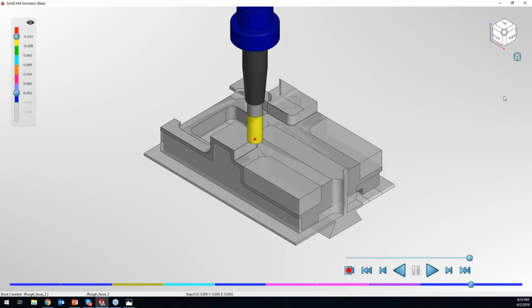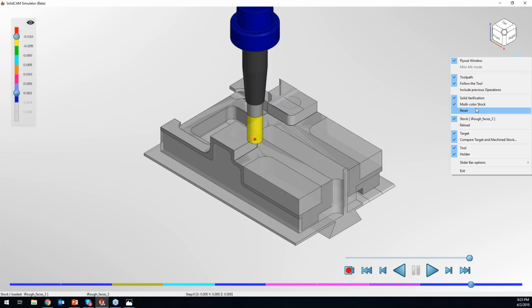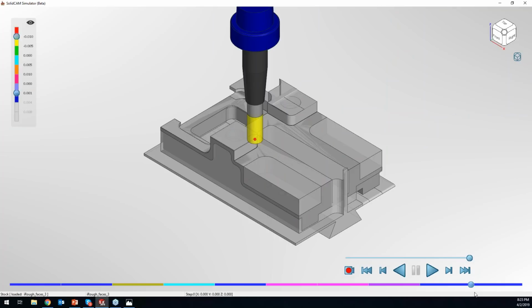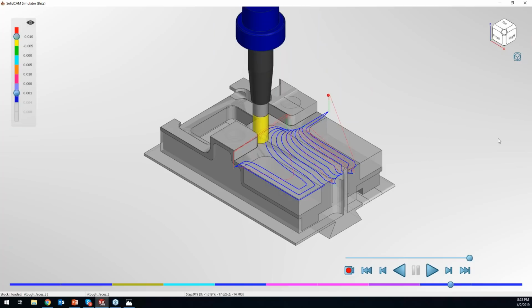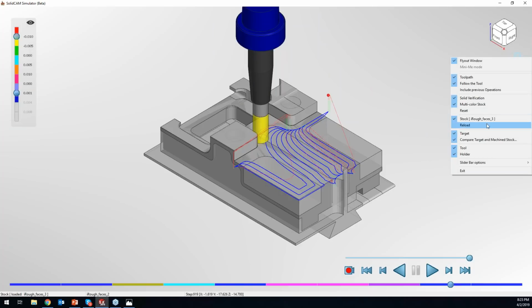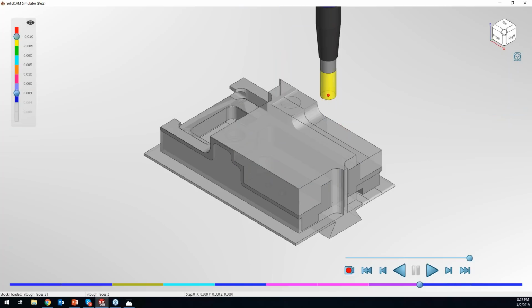So here's what I think: if we click reset, it's going to reset to the previous operation. But maybe not. Let me just put it in the middle here and do a reset. Yep. So if I pause it through,